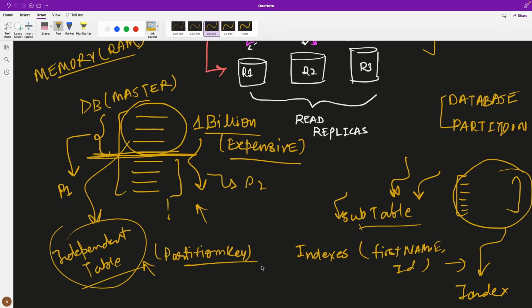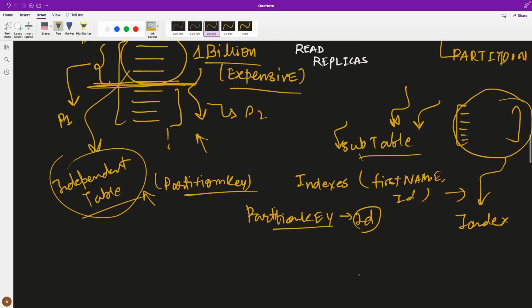So now what's the query pattern? First you need to provide the partition key whenever you're searching for any attribute, any record, right? And then once you provide the partition key, the database will go ahead and fetch the data from that partition, let's say P1. So you added one extra layer, right?